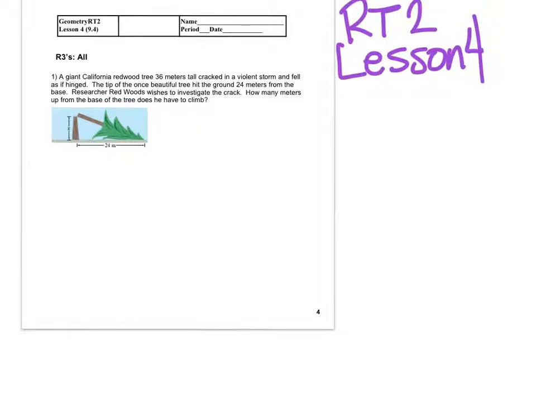Let's look at problem number 1 from RT2 lesson 4. Now the first thing you're going to recognize is that this makes a beautiful Pythagorean theorem. It's x squared plus 24 squared equals this part